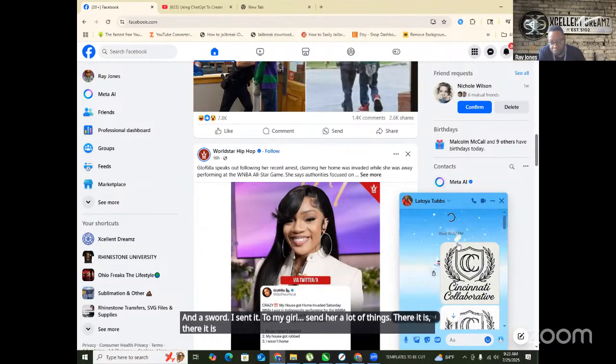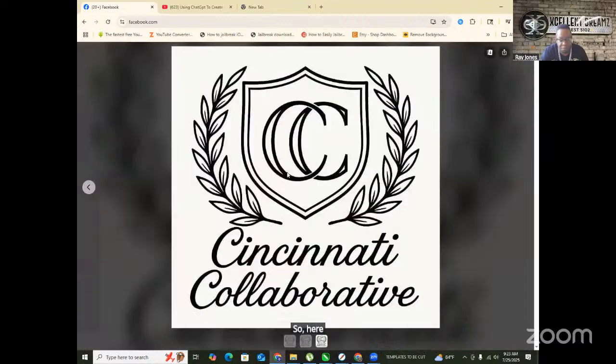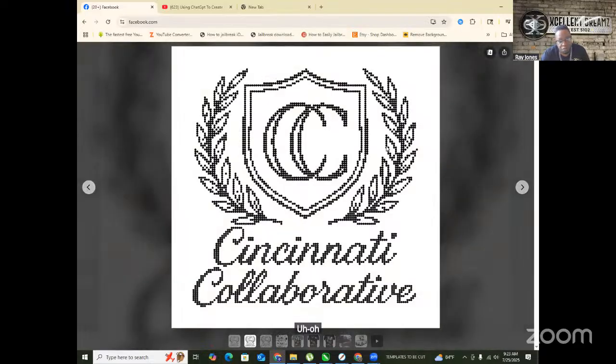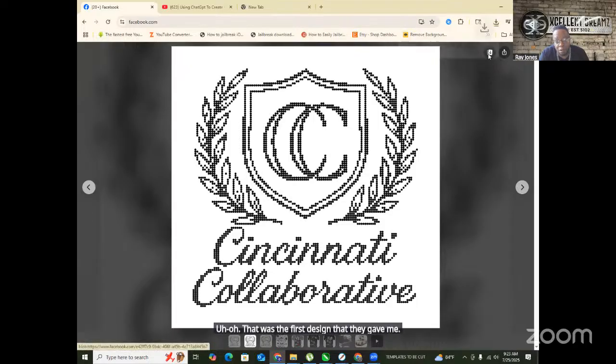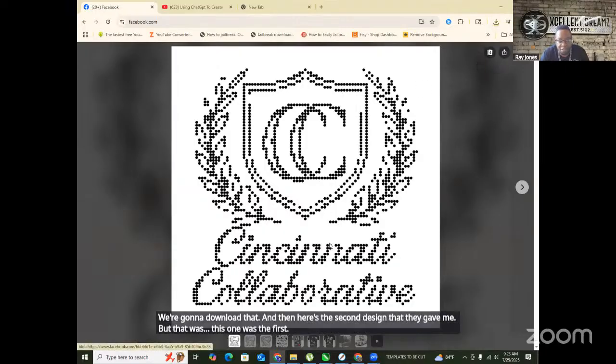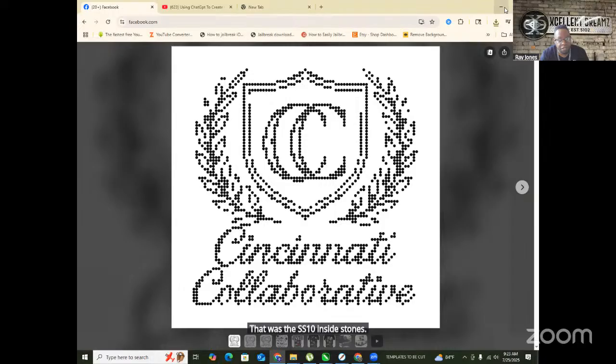Okay, here we go. So here's the design. Boom. Uh-oh. That was the first design that they gave me. We're gonna download that. And then here's the second design that they gave me. But this one was the first. That was the SS10 size stones. So then I asked